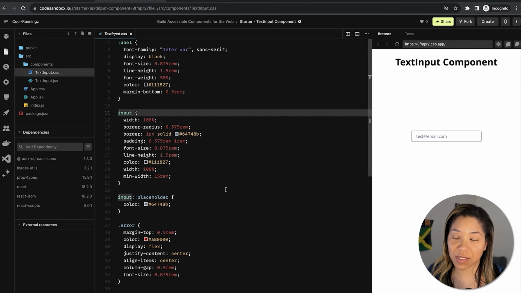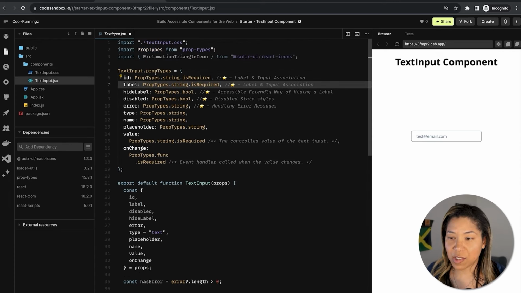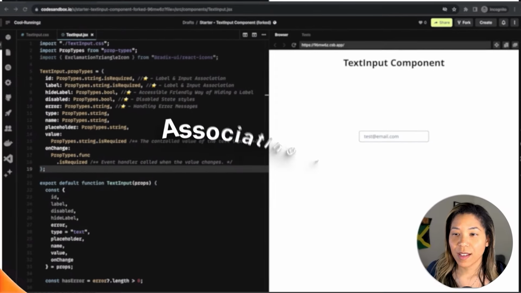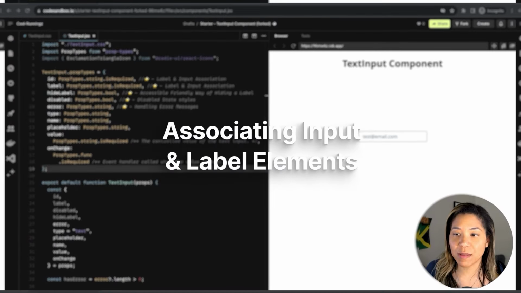As far as dependencies go, there really aren't that many. There's only two. First is the prop-types package, just for some basic runtime type checking. And additionally, we're using one of the SVGs from the Radix icons package. So let's dive in. The first thing we need to do is ensure that the input has a label and